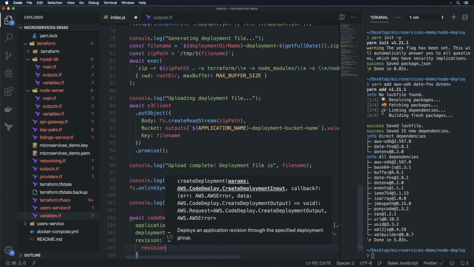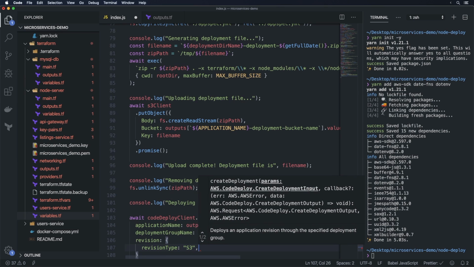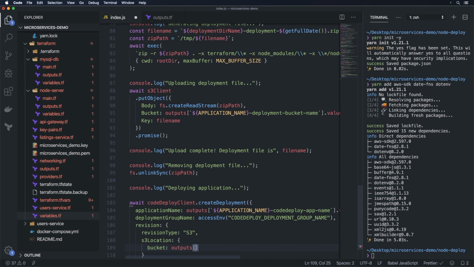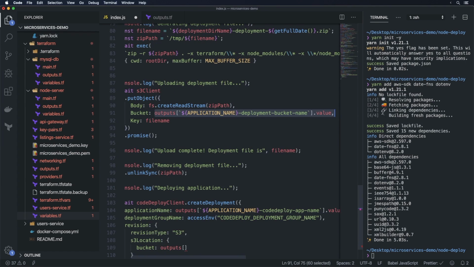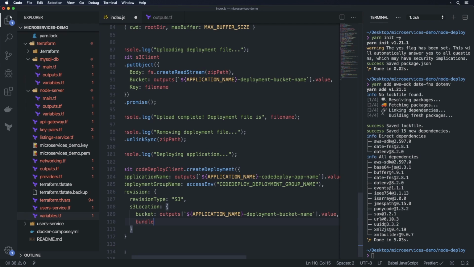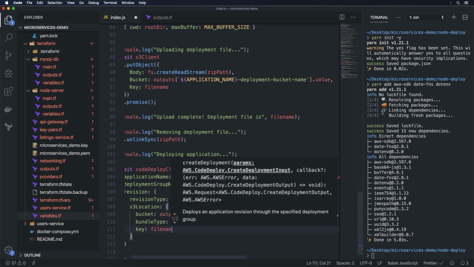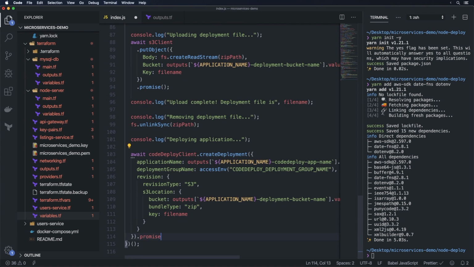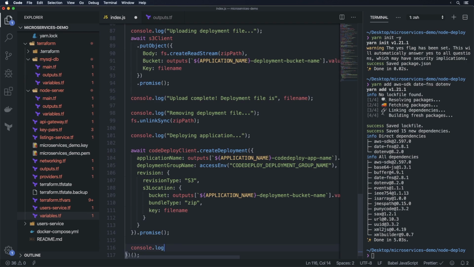Revision type is going to be S3, and then S3 location, so we specify the bucket again, so outputs. We can just grab that same bucket here and put that in here. Bundle type is going to be a zip file, because that's what we created, and the key is going to be the file name, so same as this file name here. And just do .promise here again, and we're going to do console.log deployment initiated on CodeDeploy,